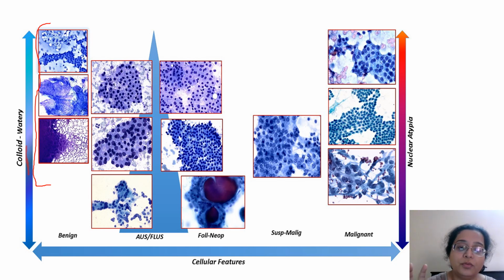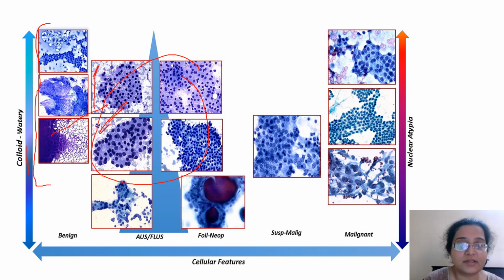Then when you come to the atypia or the follicular lesions of undetermined significance, you are going to see more cells. If you see over here, this is in between a benign and a malignant. So what you are seeing is too many cells and very well formed follicles. But the colloid in the background is not there. It is very less. Maybe these are RBCs. So compare this with this, just compare even this with this. The colloid has decreased and the cells have increased way too much.